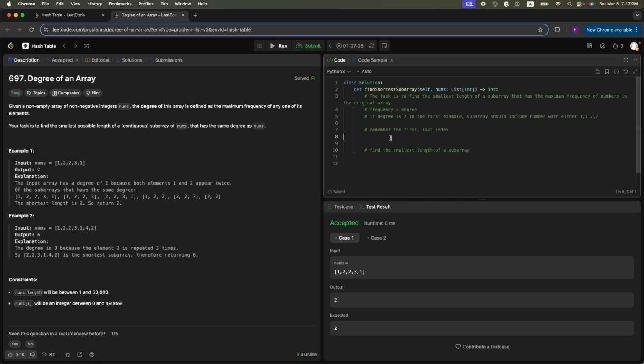So I'm going to create hash maps: first number location, last number location, and num count. This is for counting the number of occurrences to find the degree. I will declare them later. So I'm going to go through the nums,